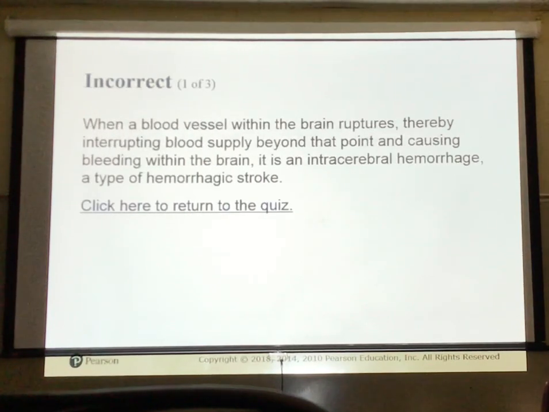Alright, any questions about strokes, headaches? With the stroke, if you have a heart attack, is it the same thing as stroke? Yes and no. It all really depends on your medical history. And if you've had one before, it's going to be really hard to determine, especially if you have deficits from